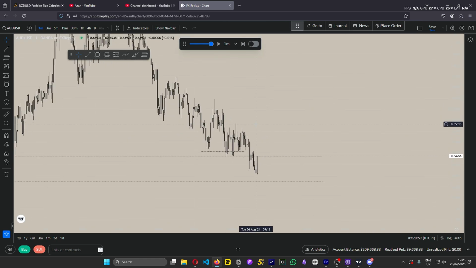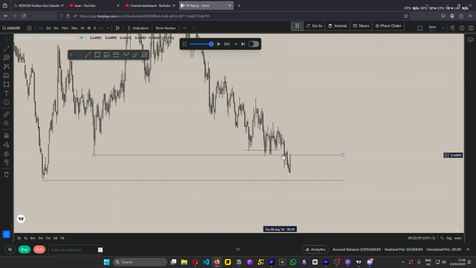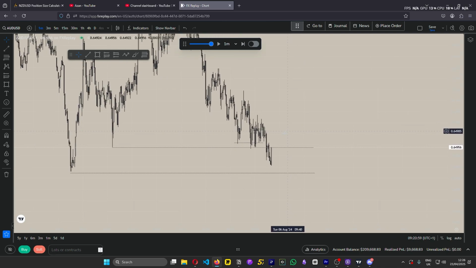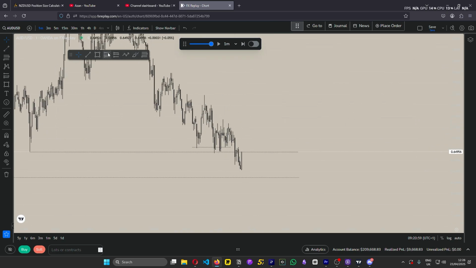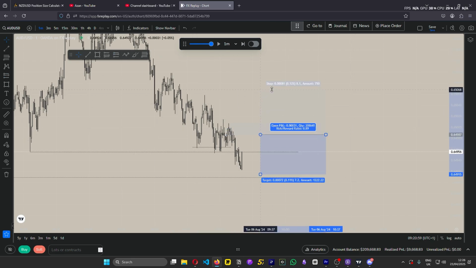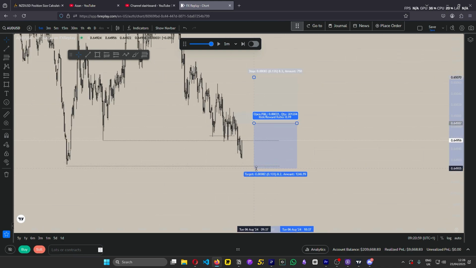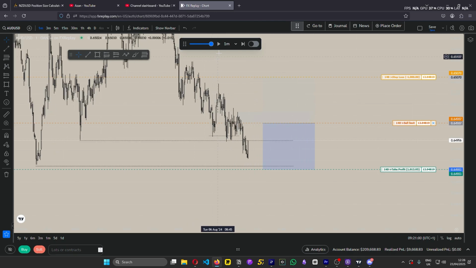Now as for the confluences, okay, there's no confluences. Oh, we got a little bit of imbalance right here. It's not looking like the best though. I mean, I'll take it, but I'm gonna have to put my stop loss above the main protected structure. So this is not gonna be the best IRR, but is it gonna be a 1-to-1? Okay, let's target a 1-to-1. Let's do a limit.